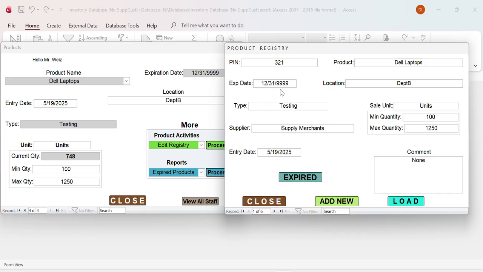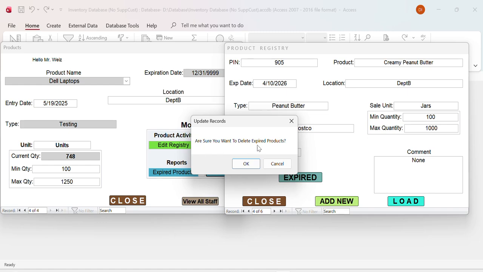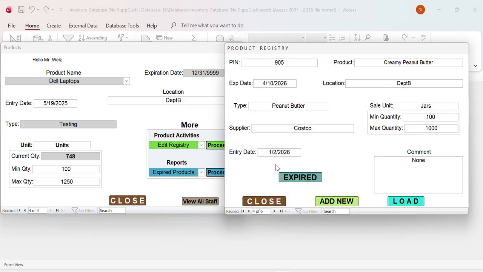So I pay attention to the expiration date. I want to navigate to the product that has expired. And this product here, the creamy peanut butter, I can see that this product has expired. I see the expiration date right here. So I click on it, and it asks me, are you sure you want to delete this product? And I say, yeah. And I say, okay,